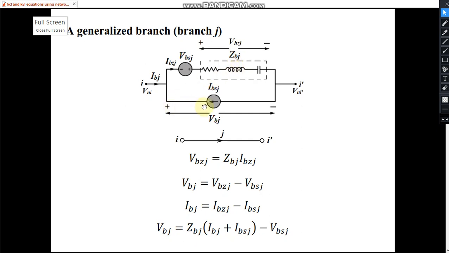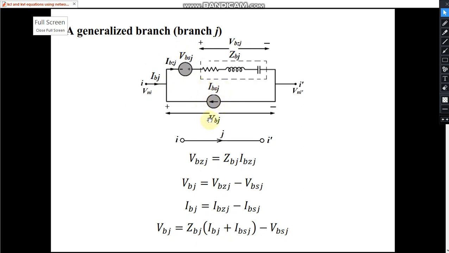Now if a voltage source is connected in series with this impedance, and there is a potential rise in the direction of the orientation of the branch. Branch is from here to here, and there is a potential rise, minus here plus here. So if we travel from this side to this side, then potential will increase. So there is a rise. Due to this voltage source, there is a potential rise in the branch in the direction of orientation of the branch. Then it will be considered to be positive.